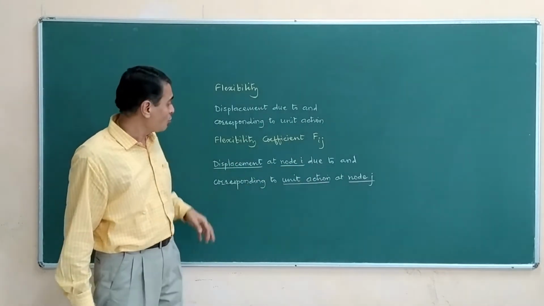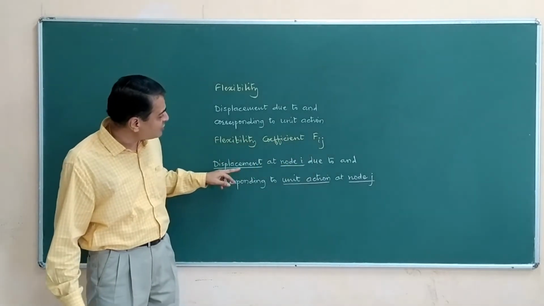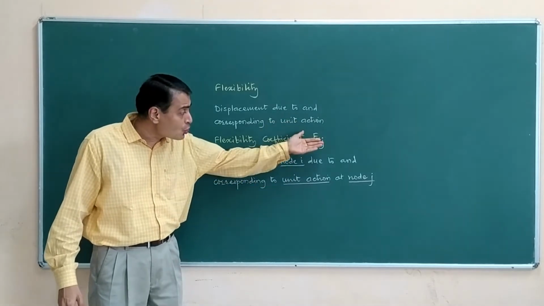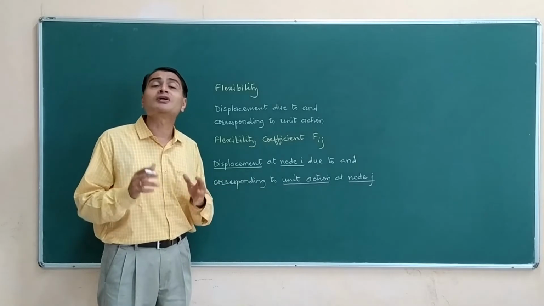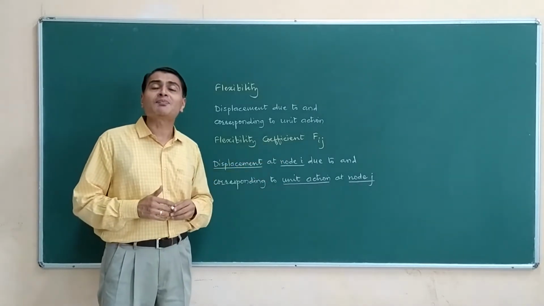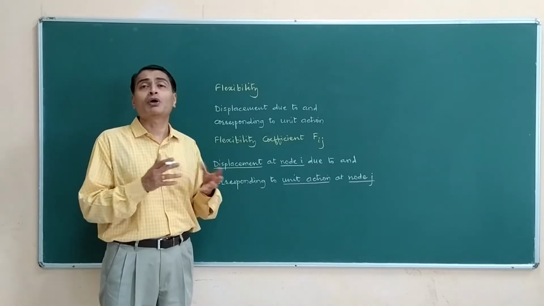So I repeat, what is flexibility coefficient Fiz? It is the displacement at node i due to and corresponding to unit action at node z. So using this basic concept, we shall be defining F11, F12, F13